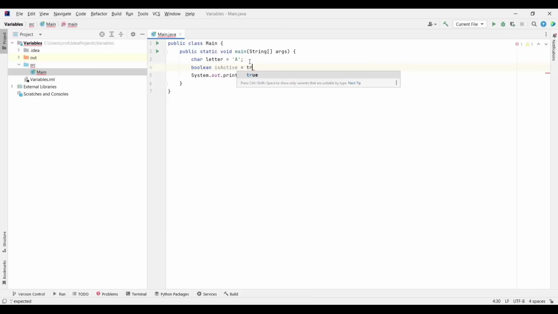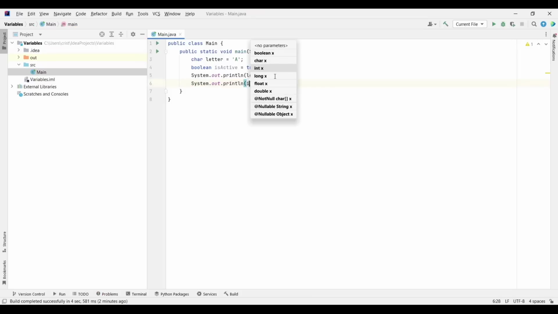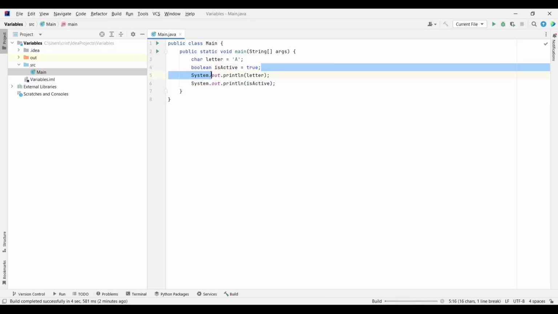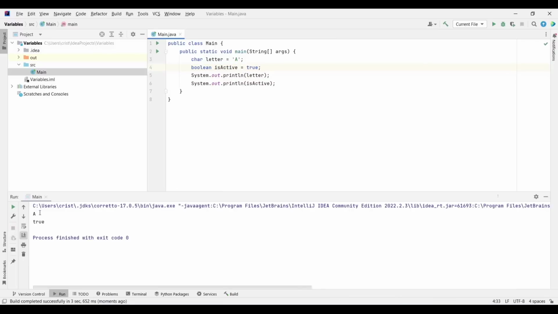Now if I put true and I go down here, let's put a semicolon because it's expecting us to put a semicolon there. So if I type here system dot out dot print line, and I'll print isActive, it's gonna output in the console true because our Boolean variable has the value true. As you can see, we have A and true.